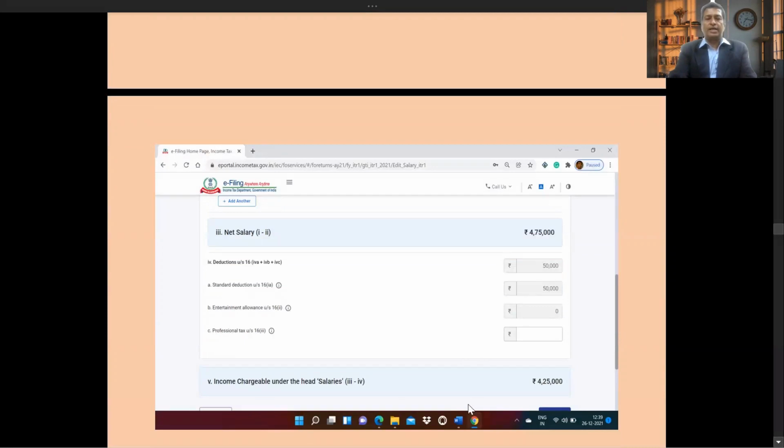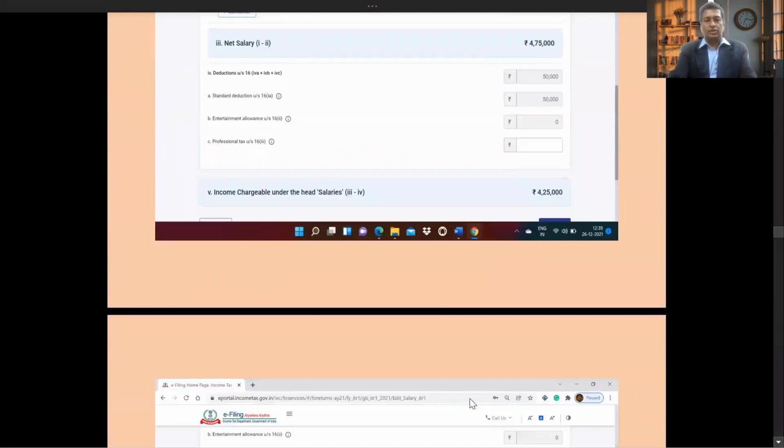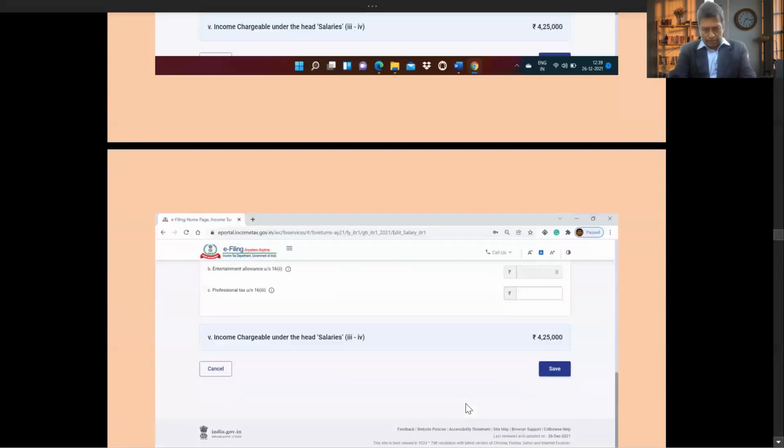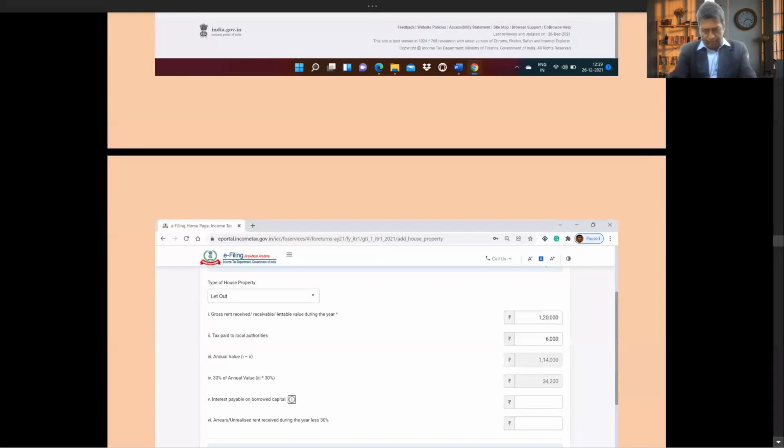So the income chargeable under the head salaries is 4,25,000. So now income from salary is over. I still need to update income from house property. 10,000 rupees is a rental income. So, well, this is the salary income. I say save.